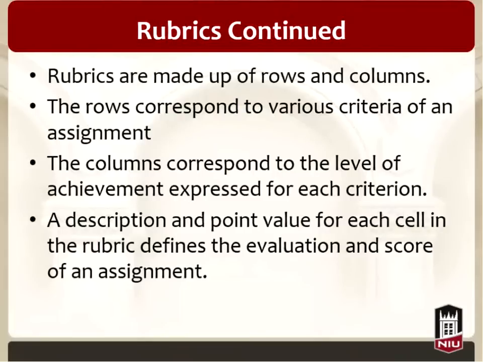And looking forward within Blackboard, as you've noted here too, rubrics are made up of rows and columns, so you'll take a look and see how that works. The rows do correspond to various criteria of an assignment, so you might have something set up according to the quality of the post if you're working with discussion posts, or a math assignment, so maybe talking about the quality of that assignment,